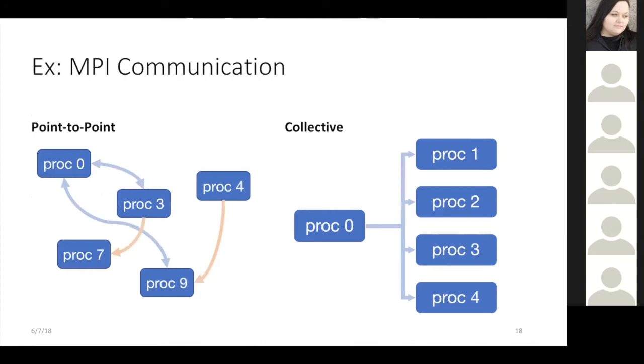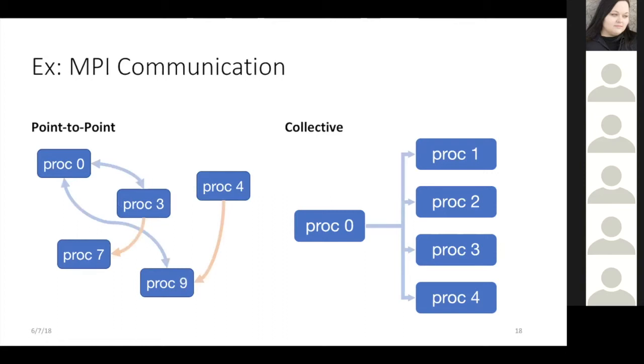Here's a little example of point-to-point communication versus collective communication. Point-to-point communication is useful when you have different tasks that need to be executed. All the nodes can communicate, but they don't necessarily have to share all of the same information, and you can sort of discretely define tasks and how much energy to direct to any particular task that you're executing.